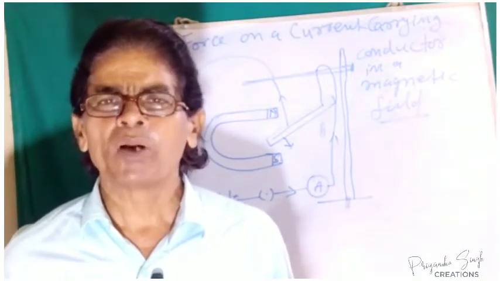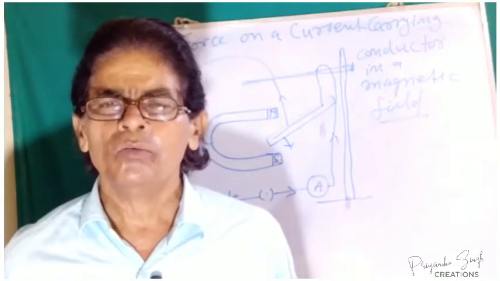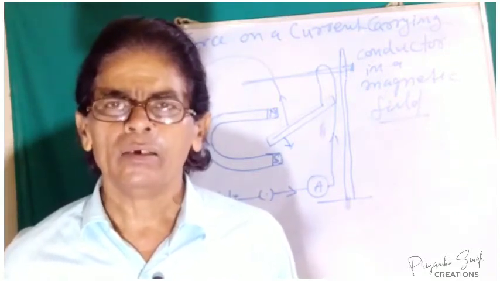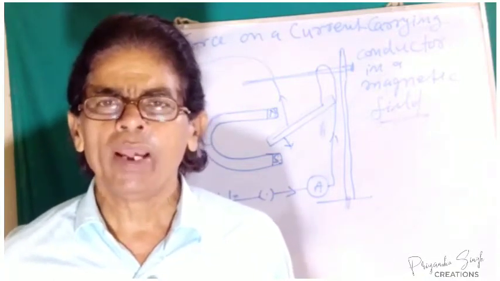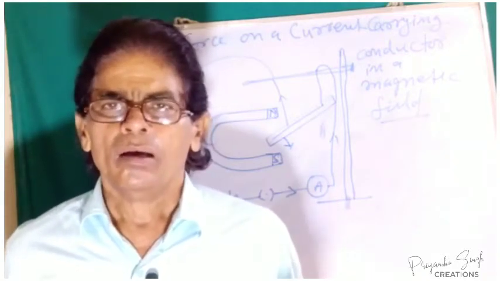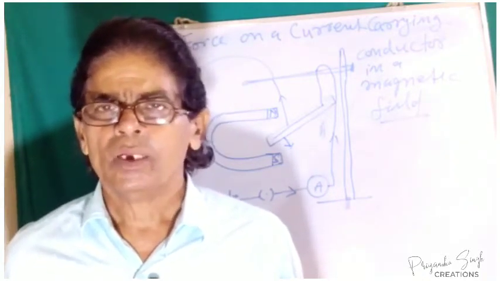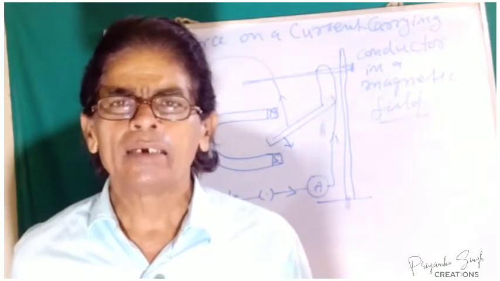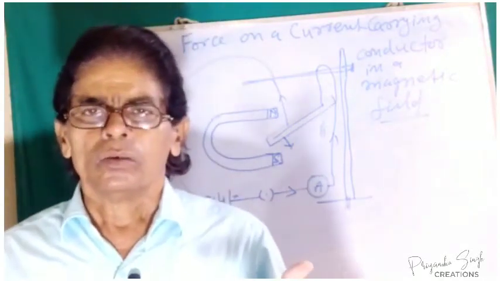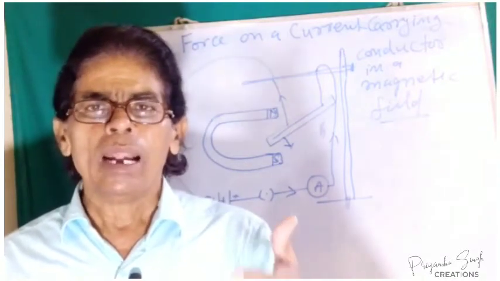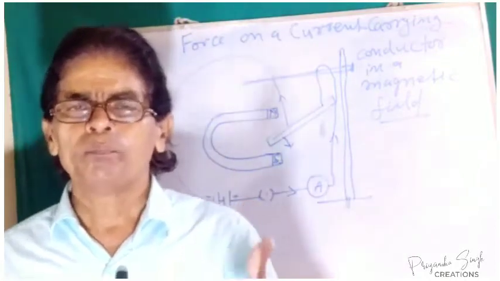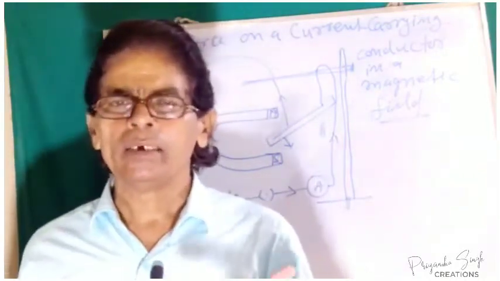So Fleming's left hand rule is a rule which provides the direction of deflection in a current carrying conductor when it is suspended in a magnetic field at right angles to each other. Fleming's left hand rule may be understood like this. The rule states that if we stretch the